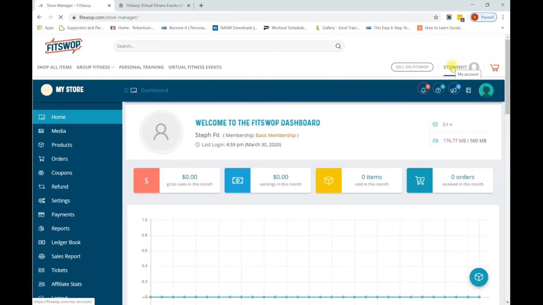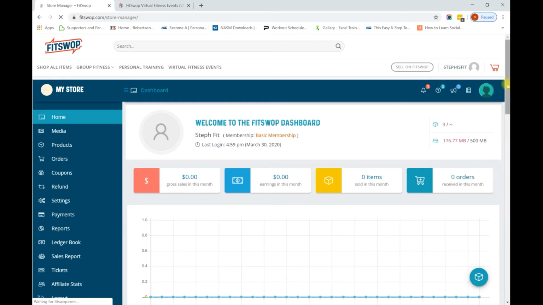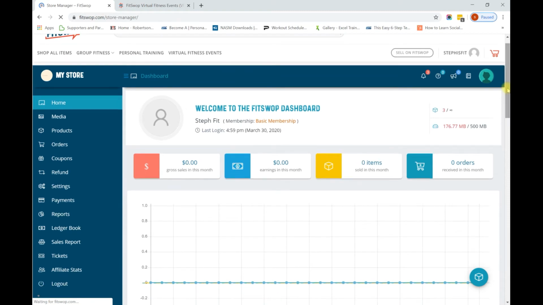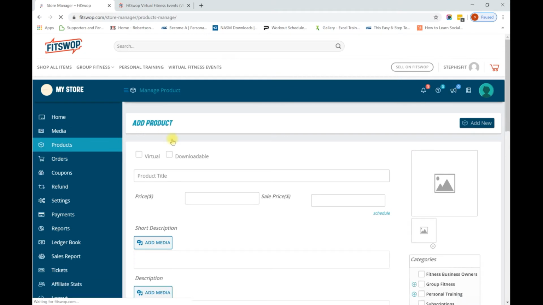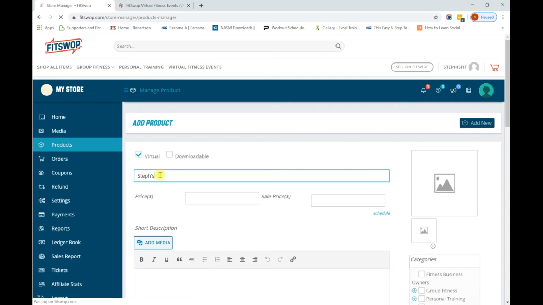On the left-hand side, you'll see a link for products, and that's a reminder of that Store Manager to get you here. Scrolling down the left-hand side, you'll see Add New for products. So products, Add New, click there, and that will take you to the screen where you can add a new product. Right here, you'll want to click Virtual. Downloadable is for when it is a downloadable product, such as a recorded event, but since this is live stream,